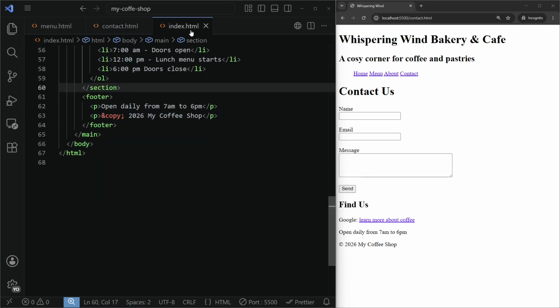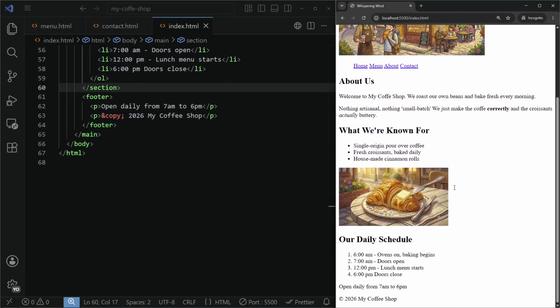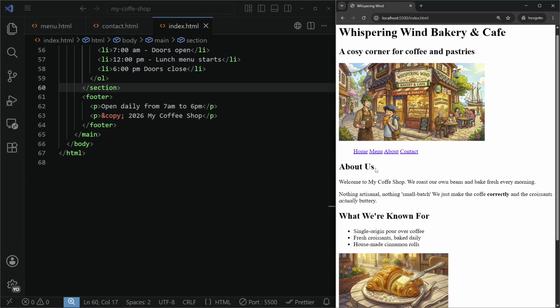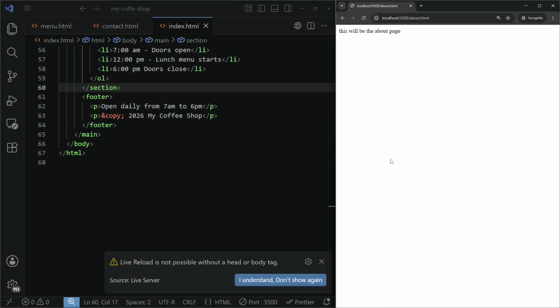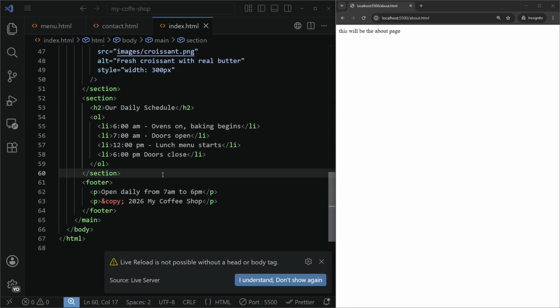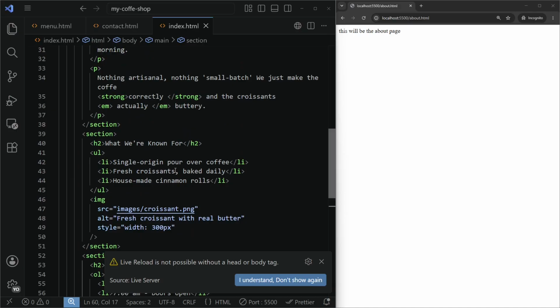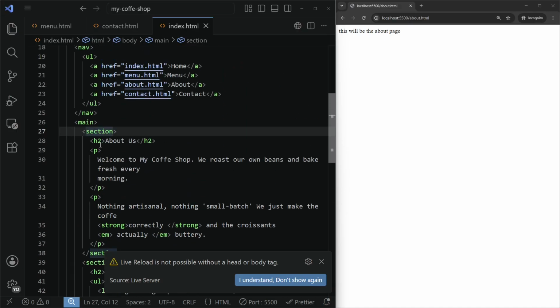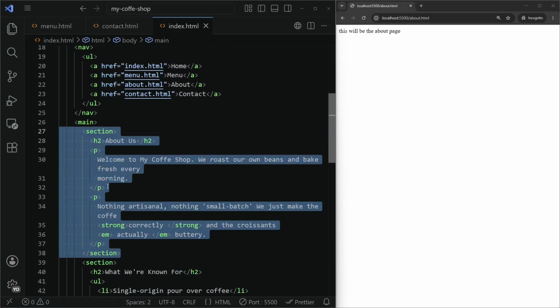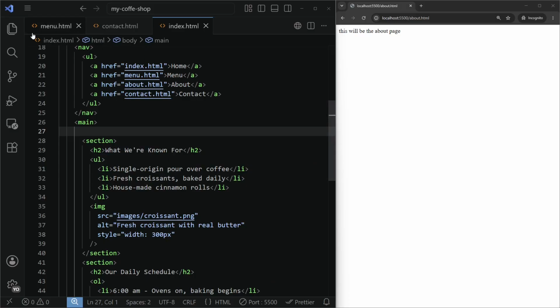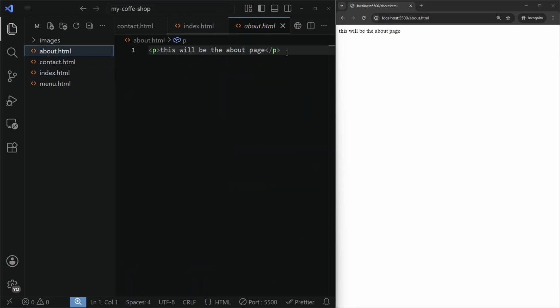Okay, so back to the index, back to the home. How's our home? Our daily schedule and what we're known for, the about us, and then there's also an about us. So let's now move that, at least let's move that. So in the index, we're on the index page, the about us section. So this section, Control X, and then let me open the about,